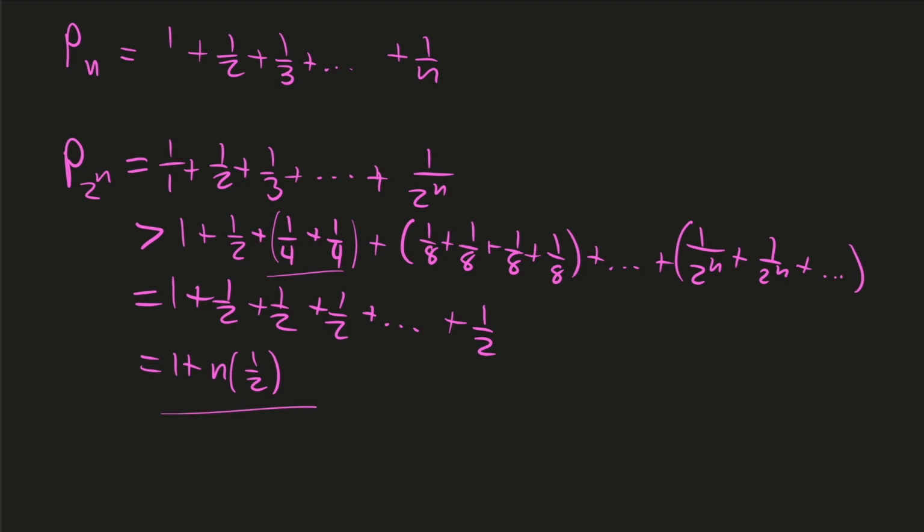And now remember how n in our series of partial sums can go arbitrarily big? That means 1 plus n over 2 can also get arbitrarily big, which means that our partial sums aren't bounded. And by our theorem that all convergent sequences are bounded, that means that this sequence can't converge. The harmonic series with the sequence of partial sums doesn't converge,